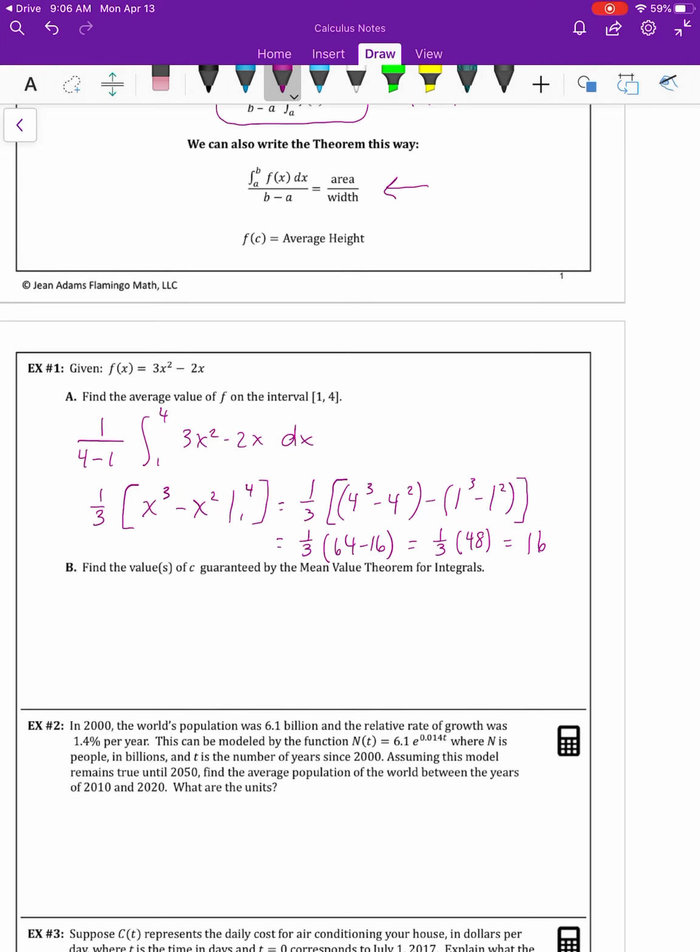And for this one, is it factorable? If I put a 2 here, that would give me 6, and an 8 here. And if I made my 8 negative and my 2 positive, that would give me my negative 2c on the inside. So that means that if I set these equal to 0,